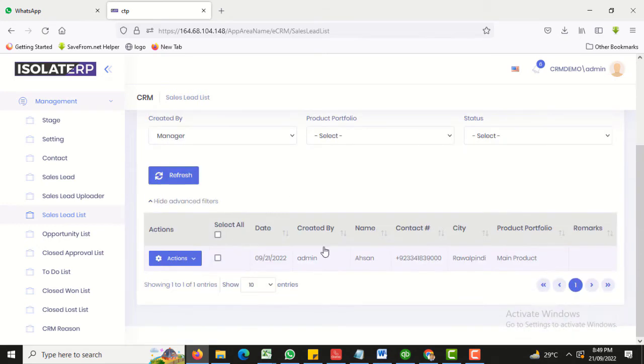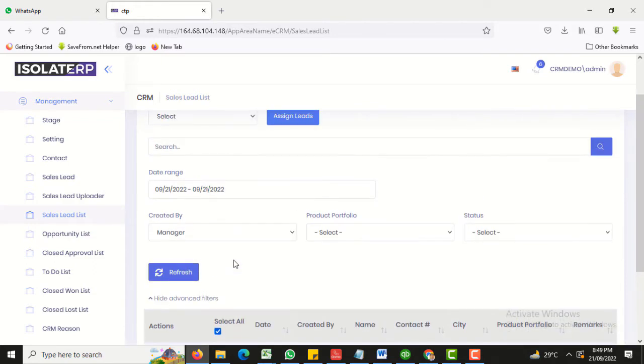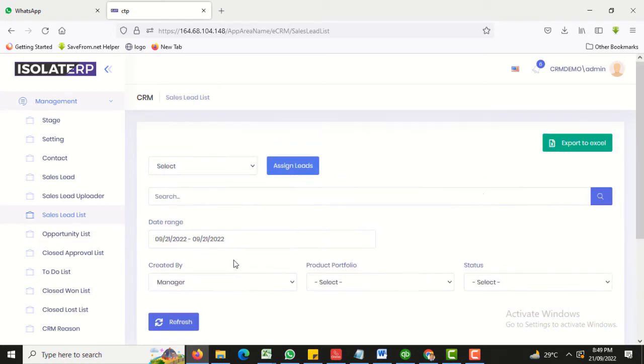You never assigned this lead to any team lead. So once you select the checkbox and select all the leads, or however many leads you want, click on the select bar, and if you want to assign, there are three options you can see here. The first one is move upward, the second one is move downward, and the third one is assign to specific. The purpose of move upward is if you want to assign the leads to the above